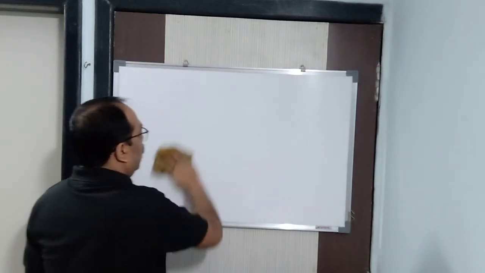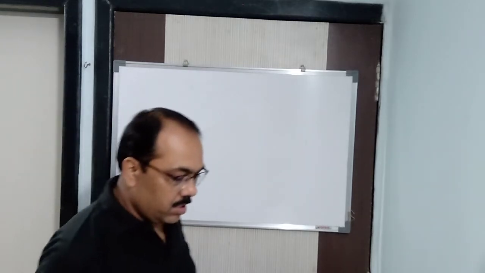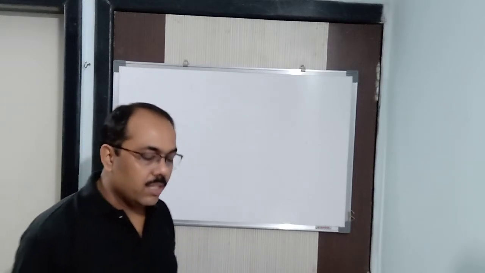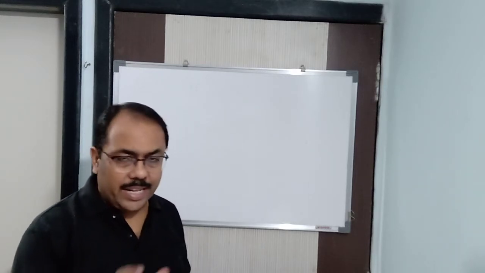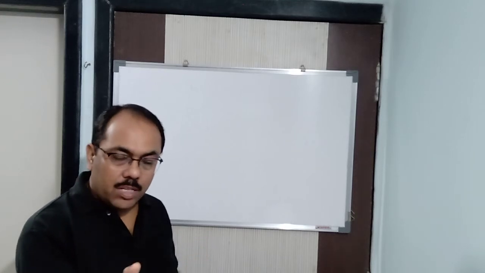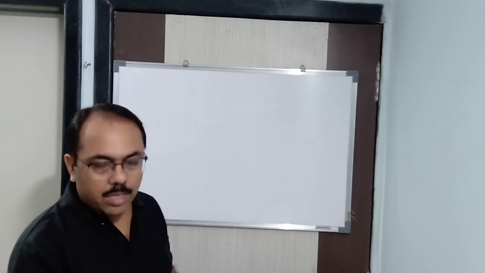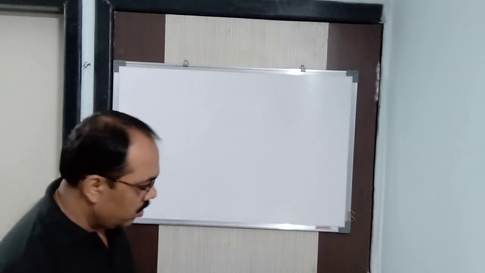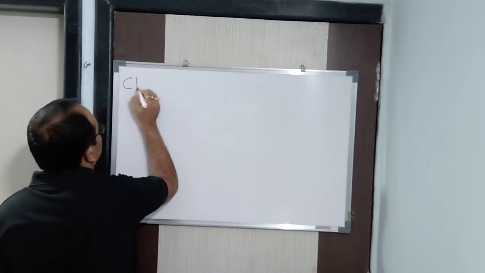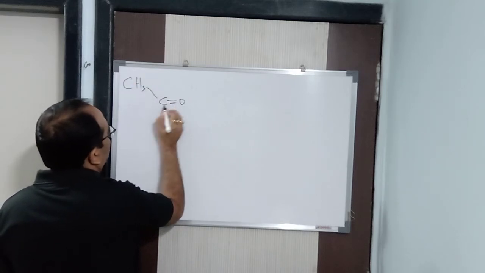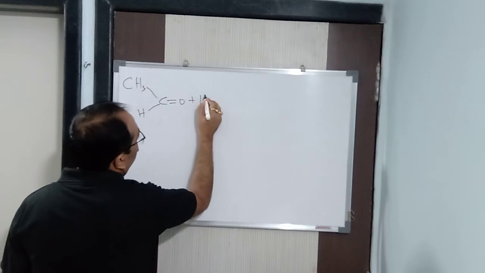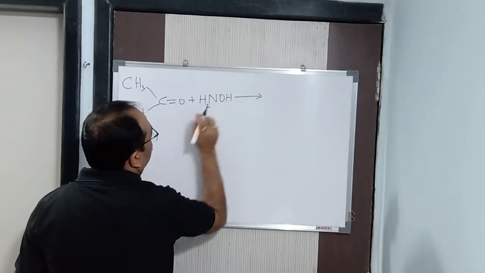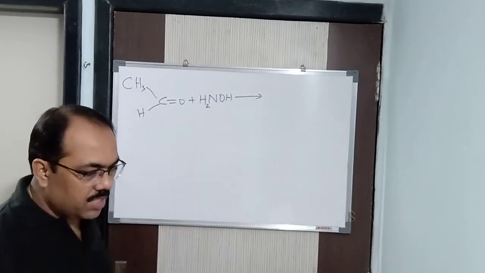So here what we will do, first we will see the reaction with NH2OH. NH2OH is what? That is nothing but hydroxylamine. I said NH2G, so G can be OH, can be NH2, can be C6H5NH2, in this way it can be anything, or CONH2. So first we will take here, let us say CH3CHO plus NH2OH. Now when you are writing NH2OH, write H2 first, in this way it becomes easy for you to write the reactions.